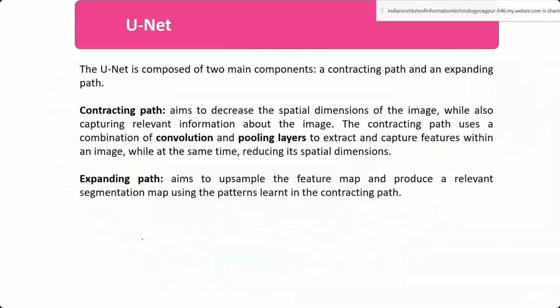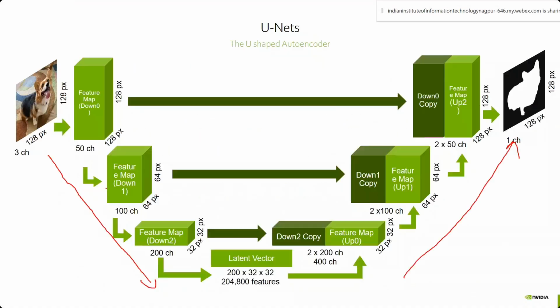So this is an encoder part, this is a decoder part. There are two paths: one is a contracting path, another one is an expanding path. So what is the contracting path? You are taking the image, and in the contracting path you are reducing the dimensions of the image. As I have already mentioned, you have convolution operations here. So these are the down blocks. This path is called the contraction path.